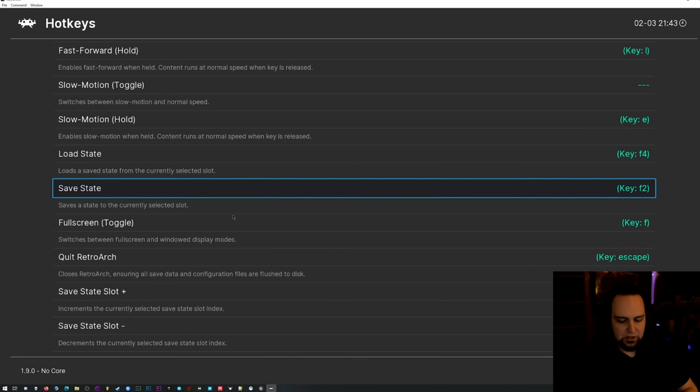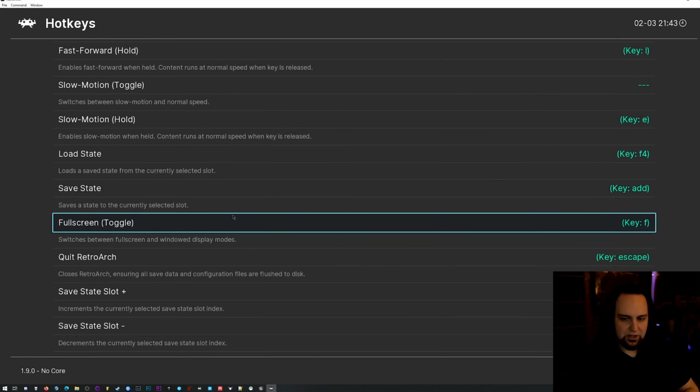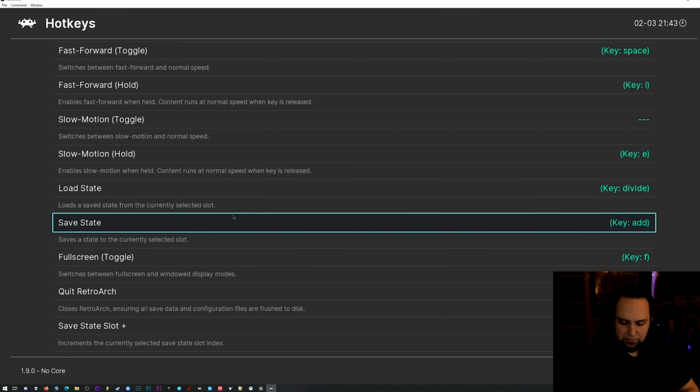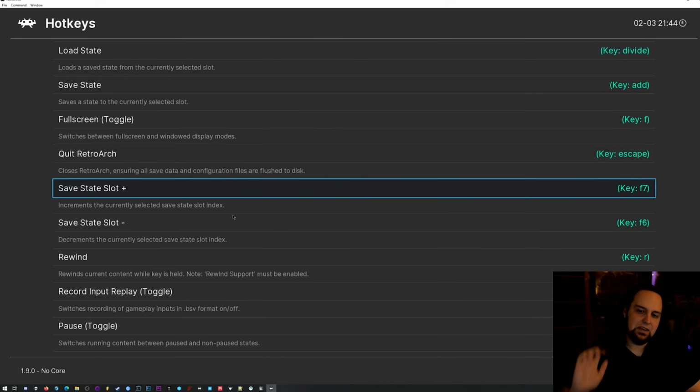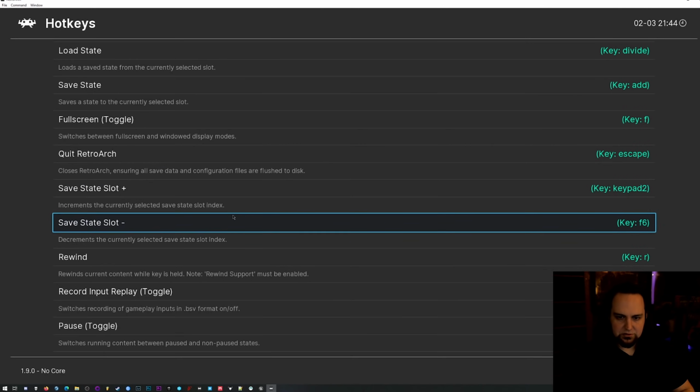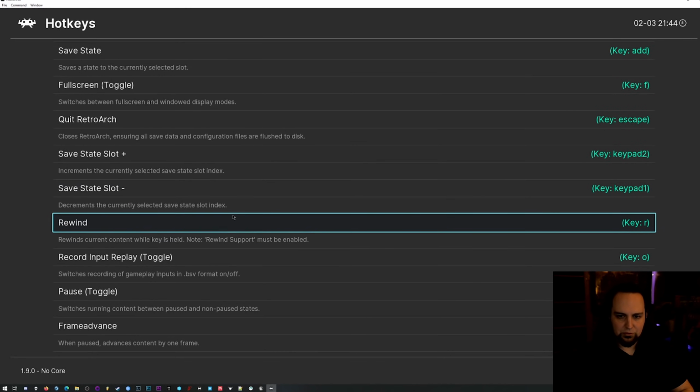So I do the original Deus Ex method of loading and saving because I like having it this way. I do number pad plus and slash because there's never any confusion between those two different buttons. And then we have different save slots that we can choose from. That way you can have multiple different quick saves in different slots and not write over the same quick save over and over. So I'm gonna have this one quick save plus will be 2 on the numpad and minus will be 1. So that way 1 and 2 will go up and down between my different